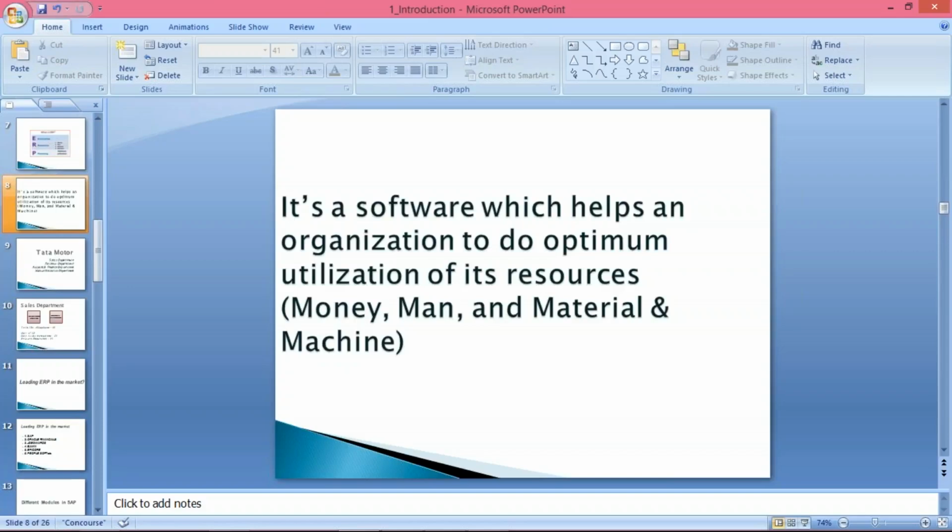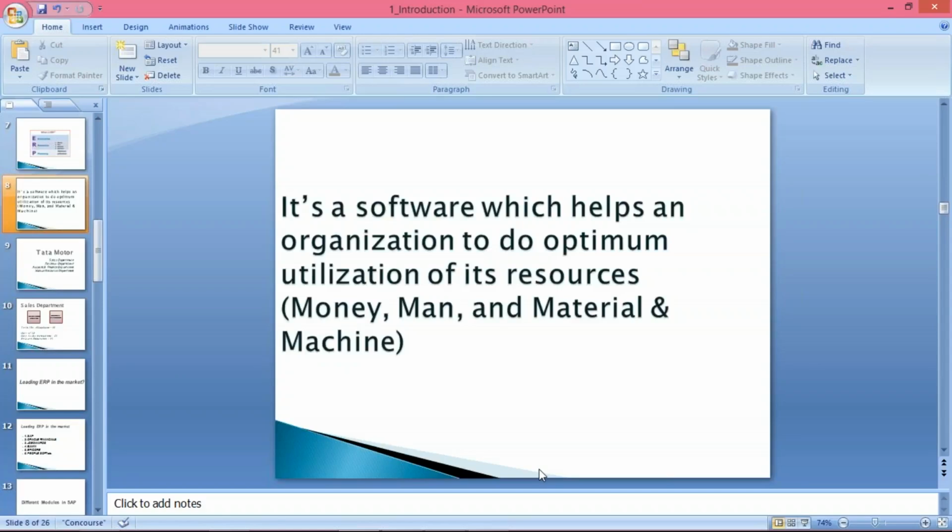Optimum utilization means maximum utilization of resources. ERP is nothing but a software which helps an organization do maximum utilization of its resources. And the resources are money, man, material and machines. These are the four resources.